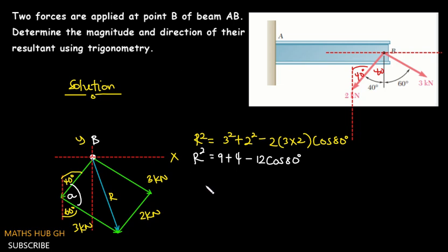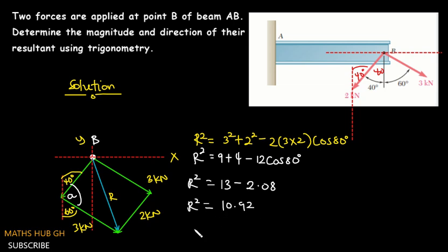Okay, so let's see. You are going to have r squared equal to 9 plus 4, which will give us 13. Okay, you're going to have 13, and then let's find the value of 12 cosine of 80. That'll give us minus 2.08. Okay, so let's simplify this and see what you're going to get. So 13 minus 2.08 will give us a value of